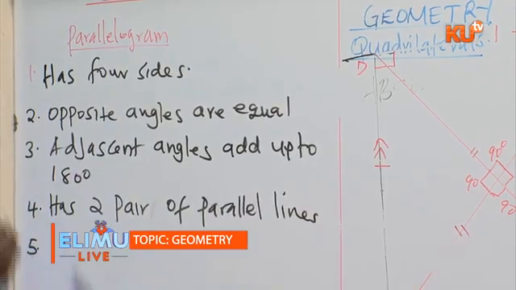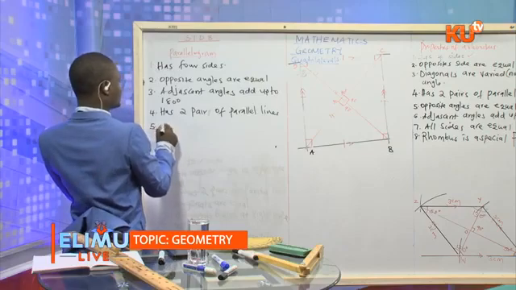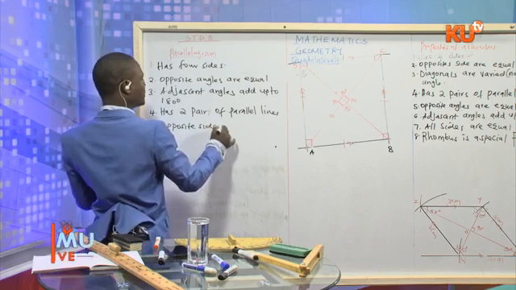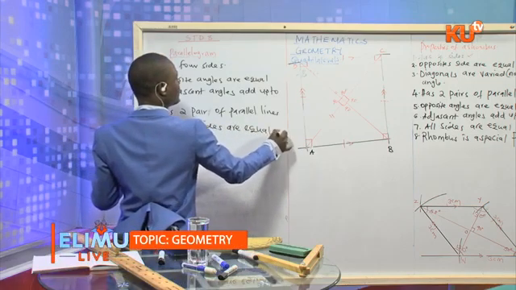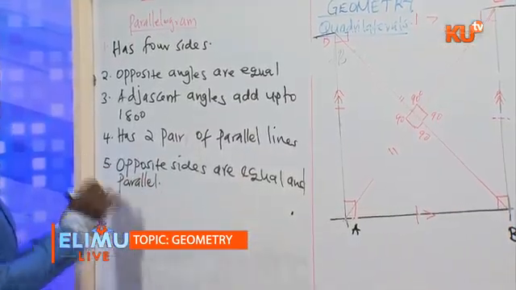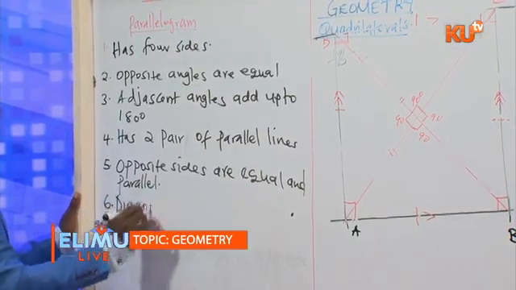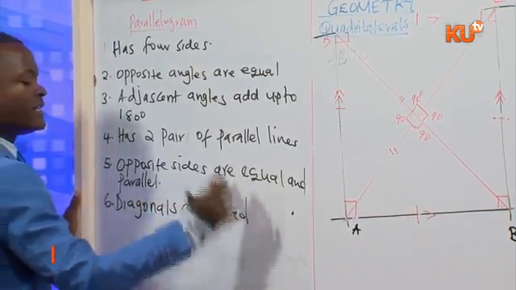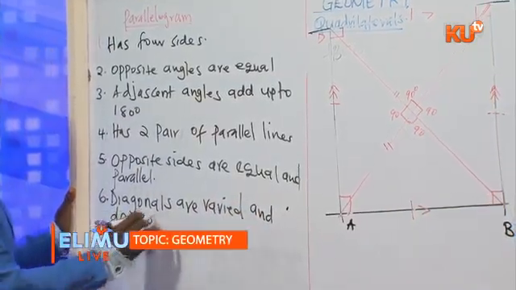Number 5 is that opposite sides are equal and parallel. Then number 6 is that diagonals are varied and do not bisect